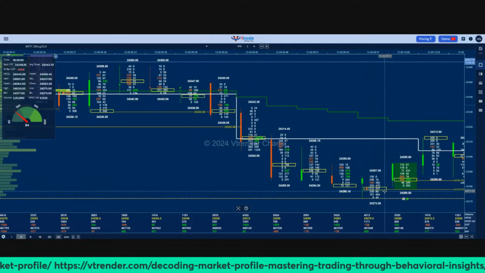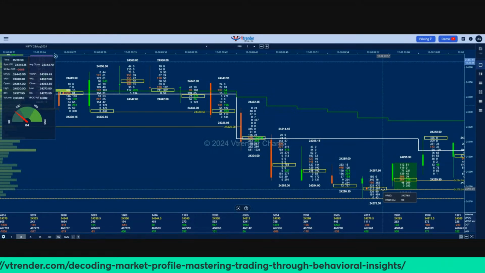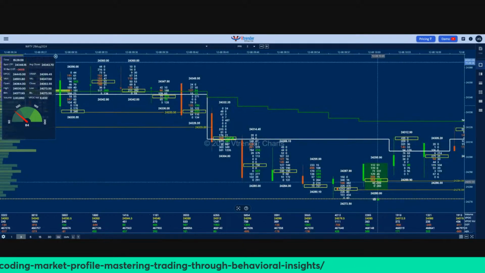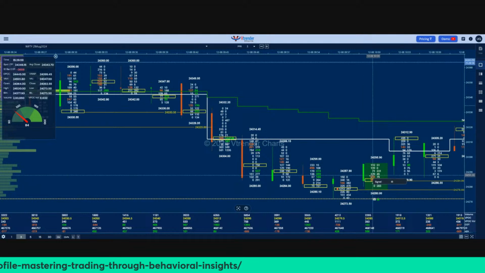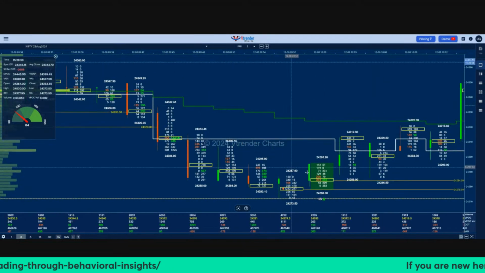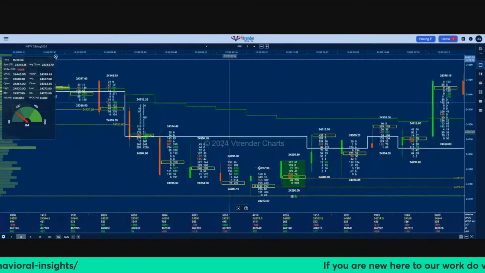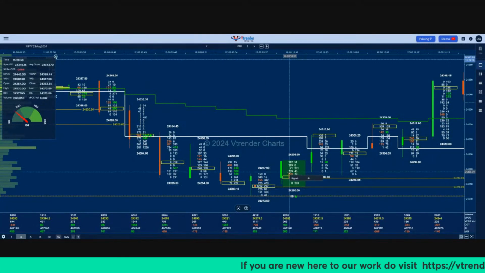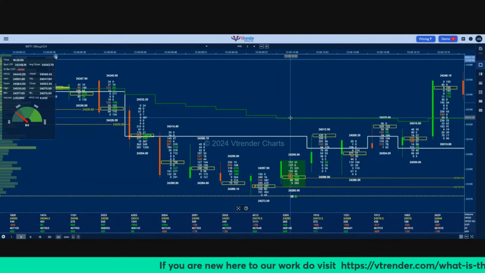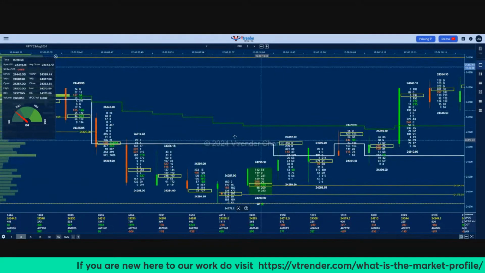So this is what happened. This POC of 24279 held on. We were not able to break below this, and we got this IB. So even if you're a conservative trader, you will hold on. You will definitely not remain short. You will look for an IB at VWAP to go long. And what we did here,